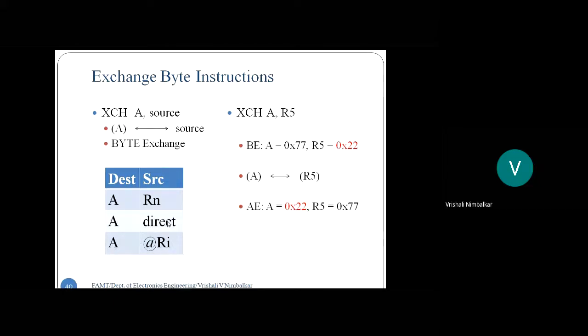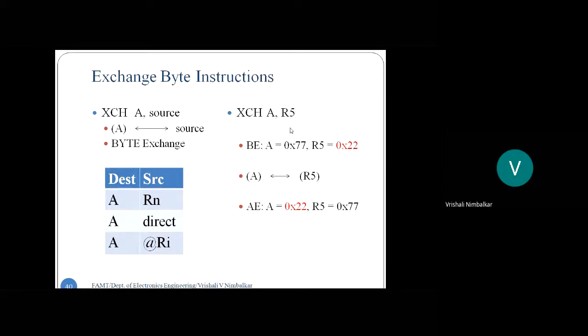It means here is the exchange. In the last two instructions, the exchange is between memory and the accumulator. In one case, it is a direct address mentioned in the instruction, and in the third case, it is memory where the data is available by a pointer Ri. Correct? So always remember, one of the data bytes to be exchanged is in the A register, the accumulator. And the second data byte can be from a register or from a memory location. Okay, so see how the execution is. Exchange is data from the source copied into the accumulator as well as data from the accumulator copied to the source back. So it is an exchange, a byte exchange instruction.